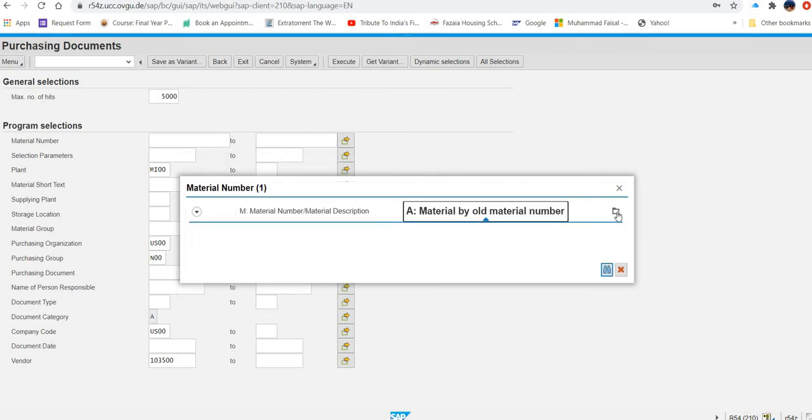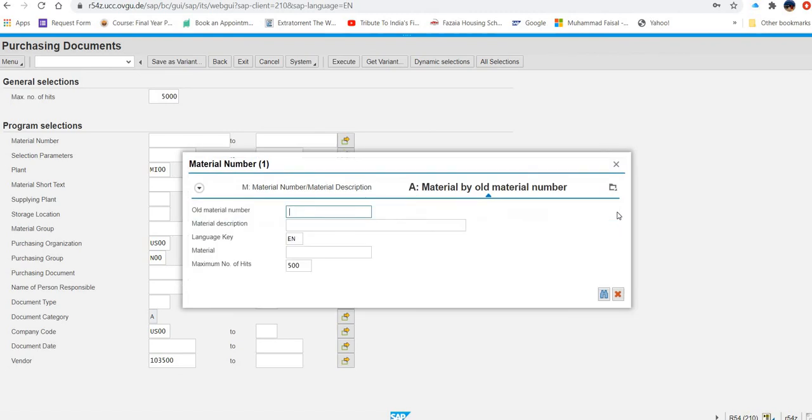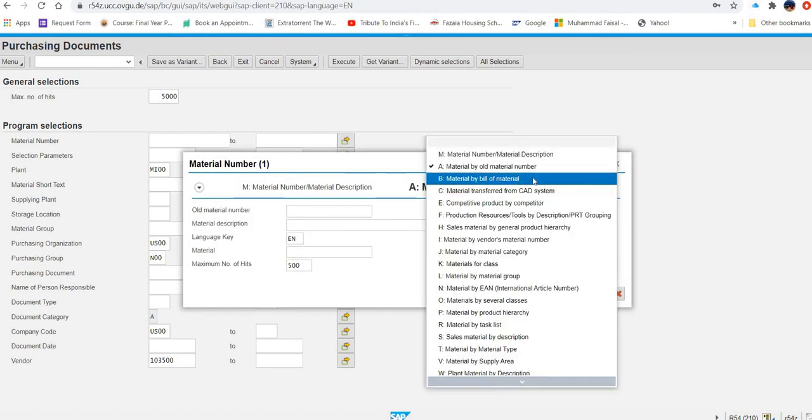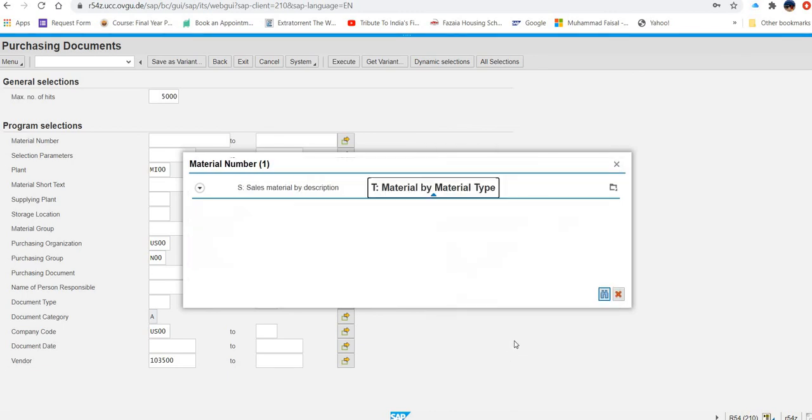Let's see here. You can see all these things. So many search criteria are there.